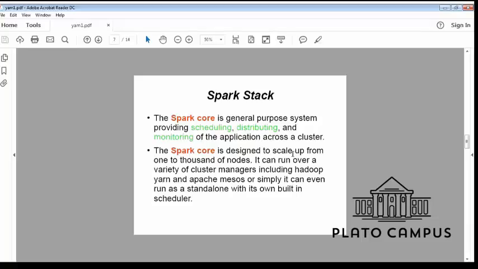No matter how big it is, it is a very fast processing and scheduling system. That is Spark's main quality. Spark Core is designed to scale up from one to thousands of nodes. It can run over a variety of cluster managers including Hadoop YARN and Apache Mesos, or simply run standalone with its own built-in scheduler.